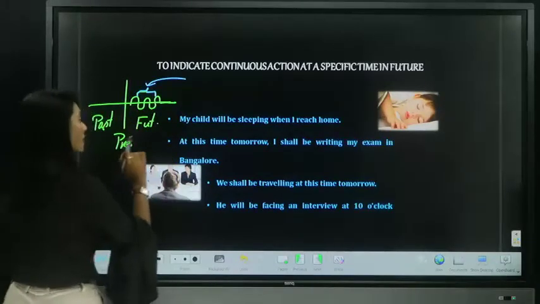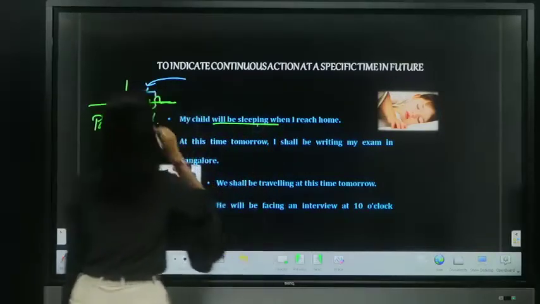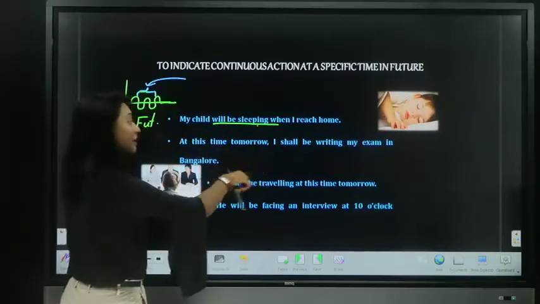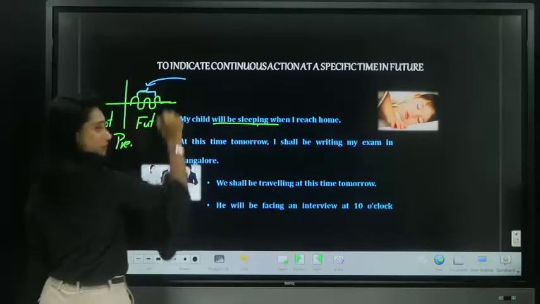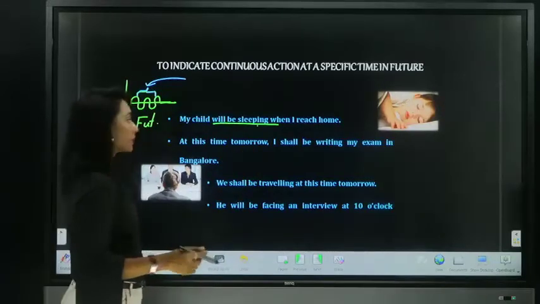For example, my child will be sleeping. My child will be sleeping. Action will be going on when I reach home. So at some point of time when I reach home. Next,